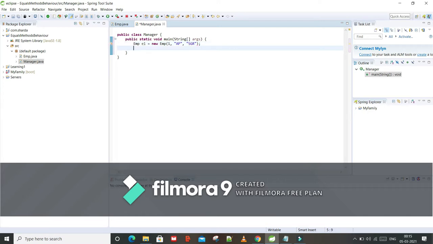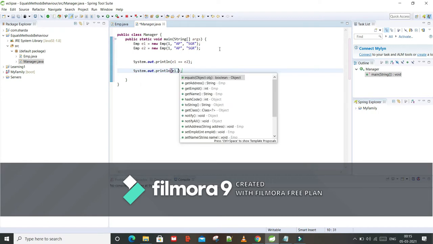Similarly we will create another object e2. Now we will check whether e1 and e2 are the same or not. We will check with double equals, and similarly with the equals method also.